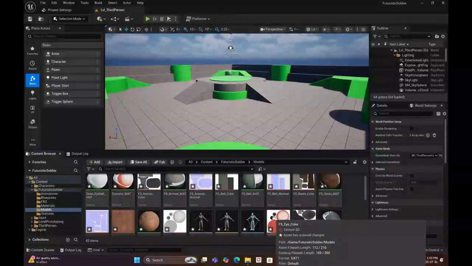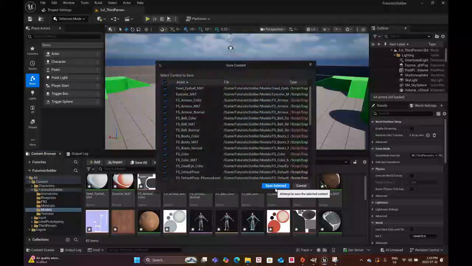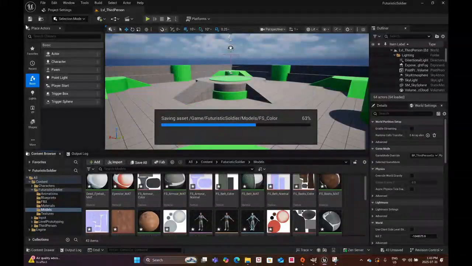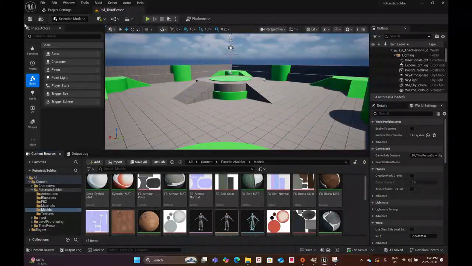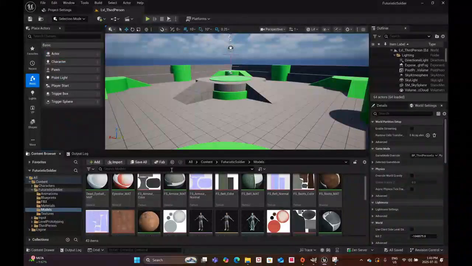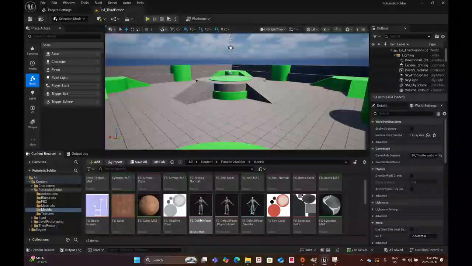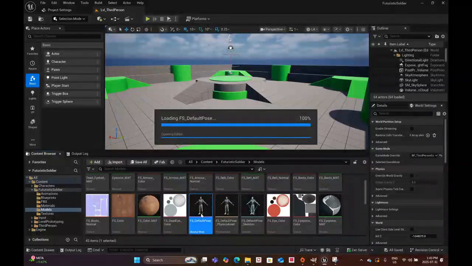Okay, so this is what it looks like when it's all imported. So I'm going to save all. It's going to get rid of all these stars. That means it hasn't been saved. So all those stars have disappeared. I'll save here, and I'll press save all here as well. So if I go ahead and open up the skeletal mesh,